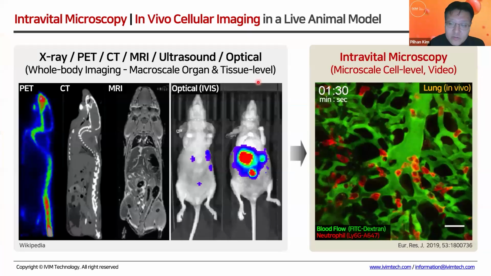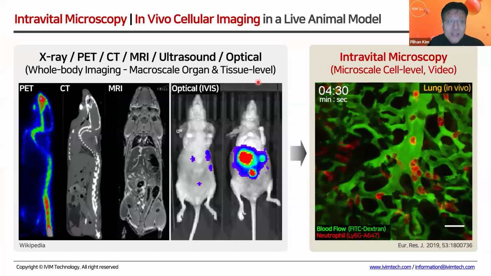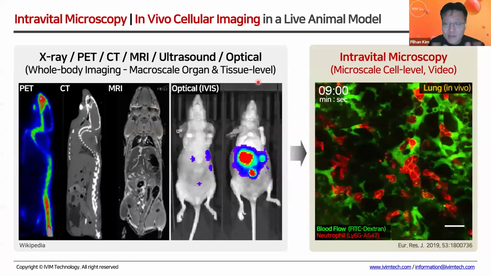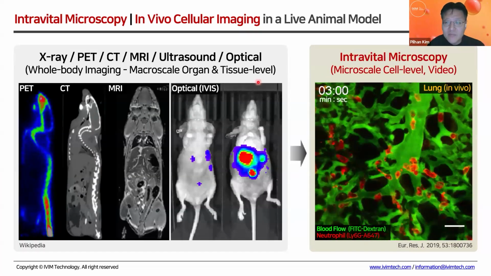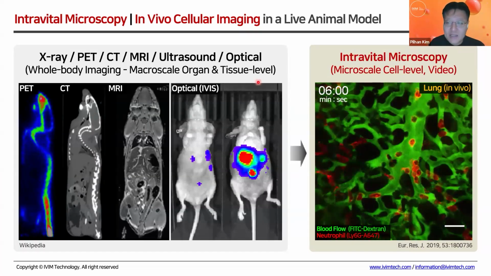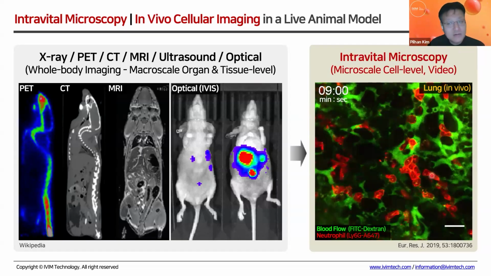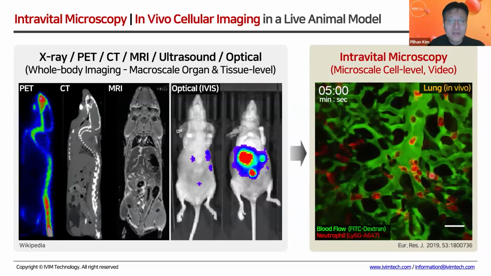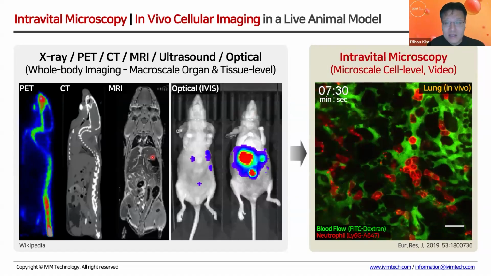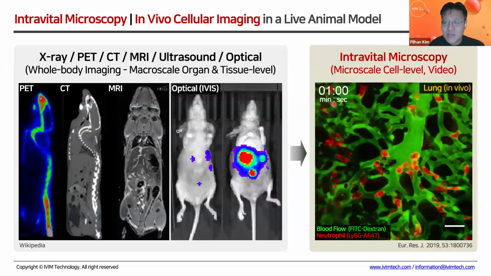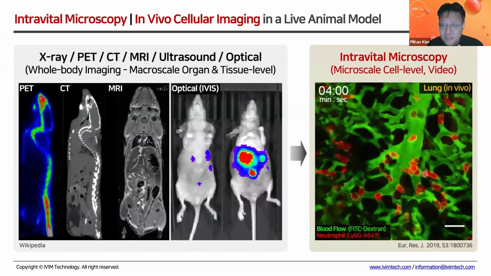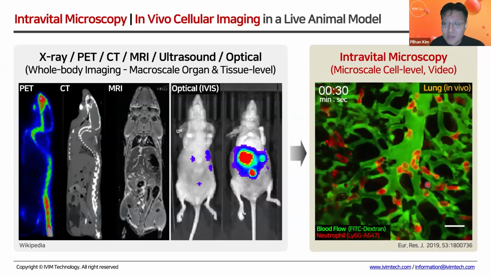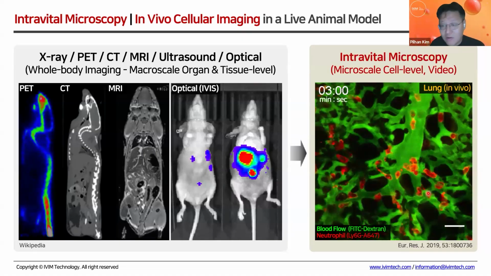Many of you have already heard about what intravital microscopy is, but just to give a brief introduction: intravital microscopy is a technique that can provide microscale, single-cell-level images and video from a live animal model. Compared to other imaging modalities, with intravital microscopy you can distinguish individual cells, their movement and dynamics, and